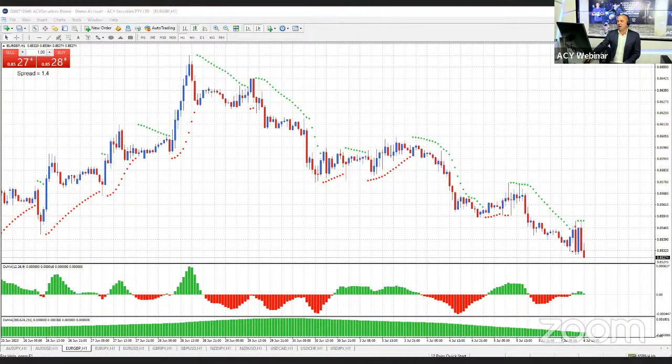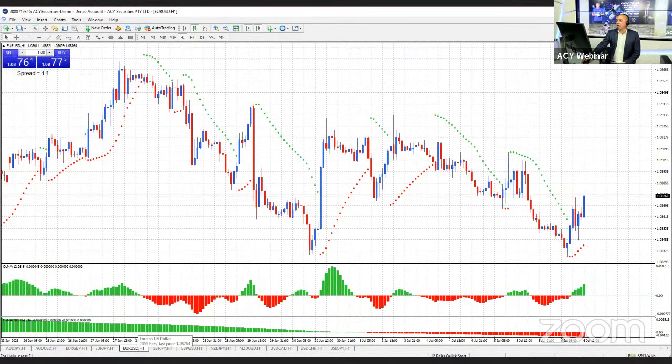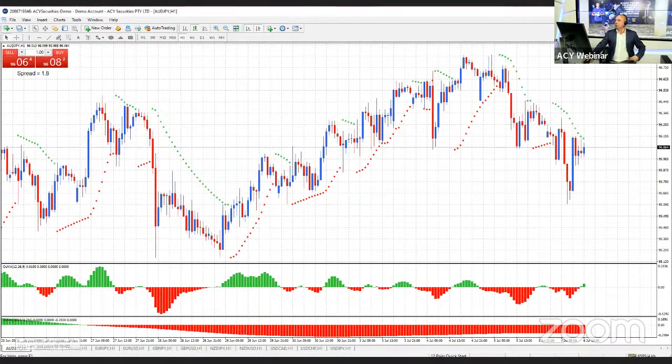So I'll start off perhaps looking at the dollar CAD. And what we're looking for is, when we look right down the bottom of the charts, I want you to look down the bottom here. This is that daily trend that Duncan was talking about. So when we look down the bottom where I'm highlighting, that's your daily trend. I don't need to go to the daily chart and check out for higher tops and bottoms, etc. What is the current trend? If it's red, that means the daily trend is down.